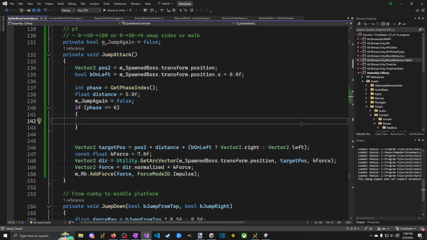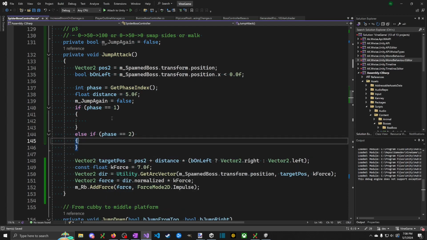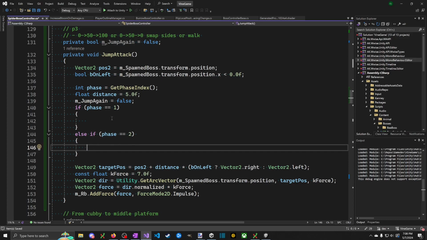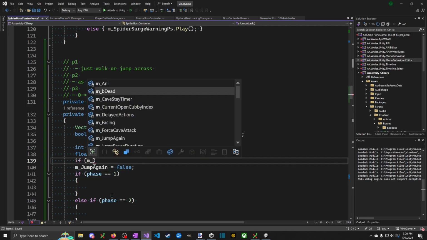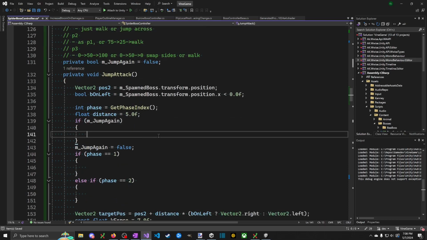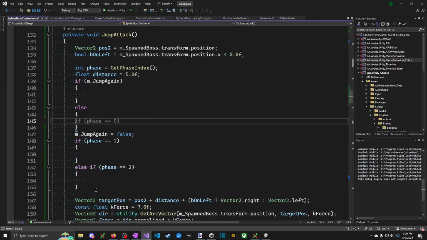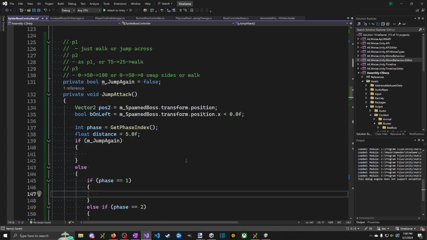So maybe we can just have like 0 be the implicit one. And only care about like if phase is 1, else if phase is 2. I'll limit this to 3 phases, that seems fine. Here phase is 1. Oh, I guess right here we want to check, before we do this, if we're m jump again. Because this means we would be on the second jump. Okay. Let's deal with that in a second. We don't need this, this doesn't do anything. Okay, then so if we're phase equals 1, we can